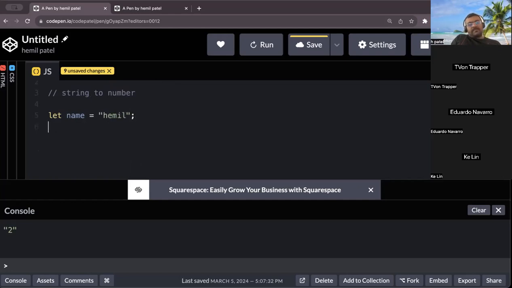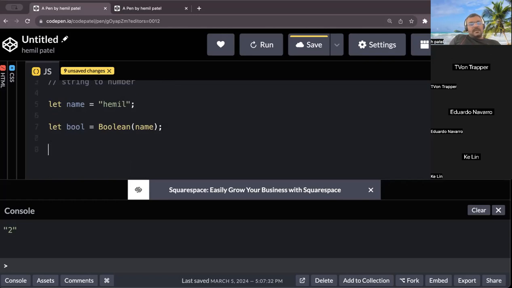This is my string, and I want to convert it into Boolean. One way to do it is, I'm just going to name it bool, and you can just wrap name with Boolean, right? And then if I console log bool, it should give me